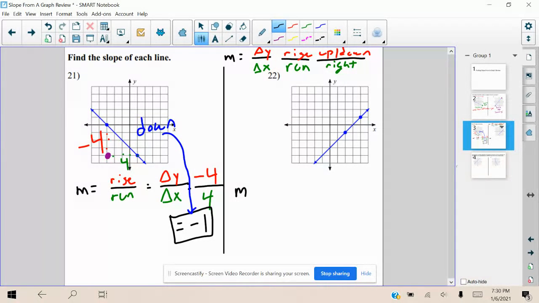Let's talk about problem number 22. Here we go. So we have our rise over our run. We also call that the change in y over the change in x. So we want to calculate, oh, that should not be green. Let's go back. There we go. We want to see how much we go up or down compared to how much we go